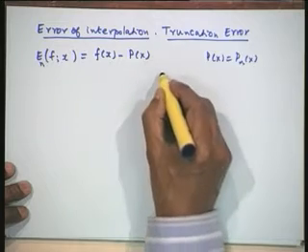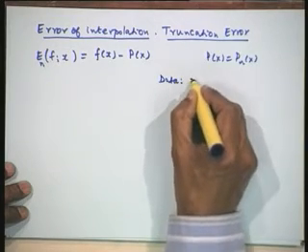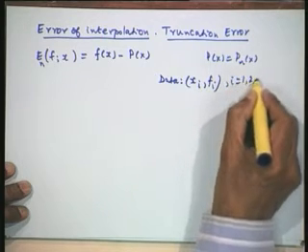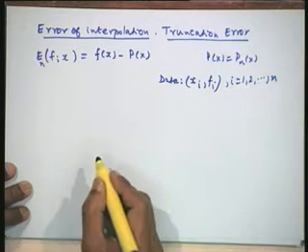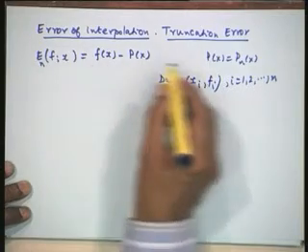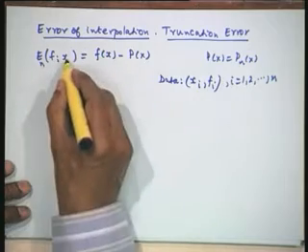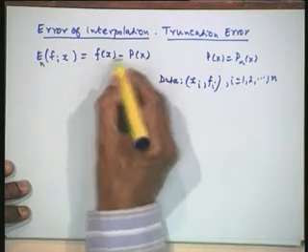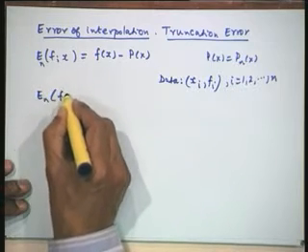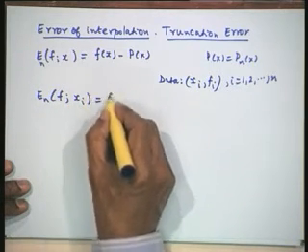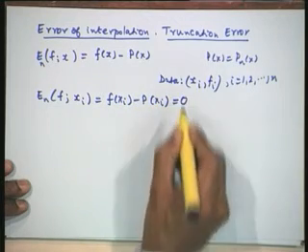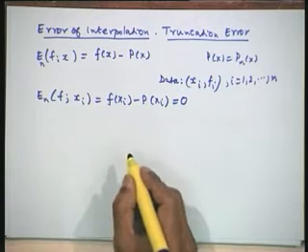Remember, what is the data given to us? It is x_i, f_i. This is the data given to us. Now as I said, there is no error at the nodal points. That means if I put x is equal to x_i, f(x_i) minus p(x_i) is 0, because the data is exactly fitted. So the error at the abscissa x_i is equal to f(x_i) minus p(x_i), which is equal to 0, because we are fitting the data exactly.